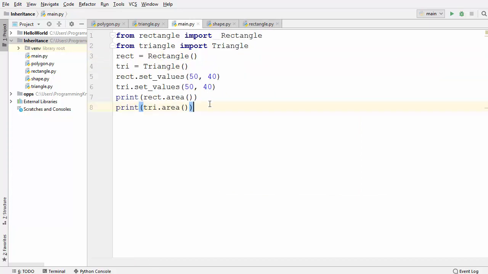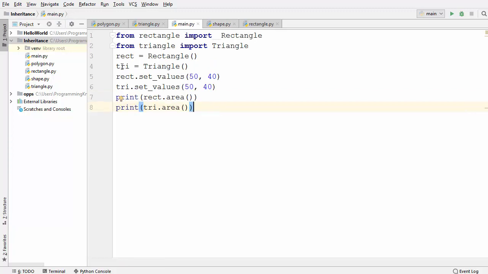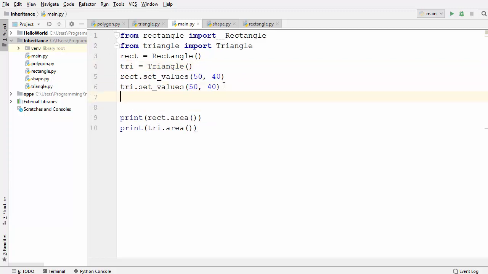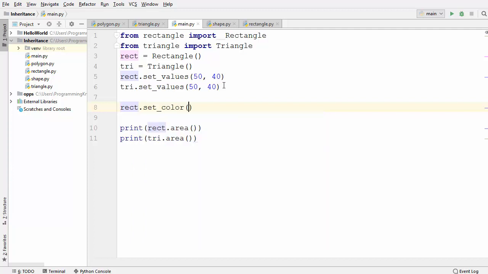And now I will go to the main.py file. Once you do the multiple inheritance, all the public methods of the shape class are available in the subclasses, which are triangle and rectangle. So I can use this kind of notation. First of all, I'm going to use the rectangle object to call the method called set color. I'm going to set the color from here, and let's say the rectangle color is red.